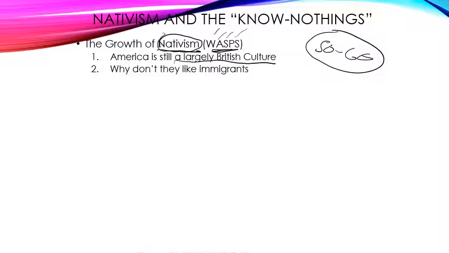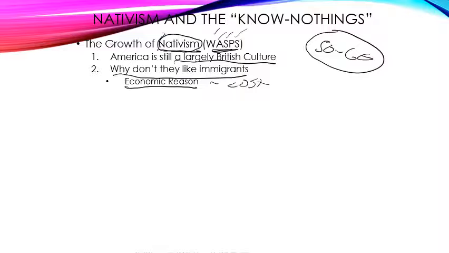And I kind of already talked about why they don't like immigrants. They're going to ruin the culture, and so on and so forth. Basically, we can break down why they don't like immigrants to three reasons. First is the economic reason. Okay, immigrants are going to come in here poor. They're going to cost society more money than it's worth, with taxes, and the government taking care of people and that sort of thing. So, bottom line, poor immigrants cost society more money than they're worth.